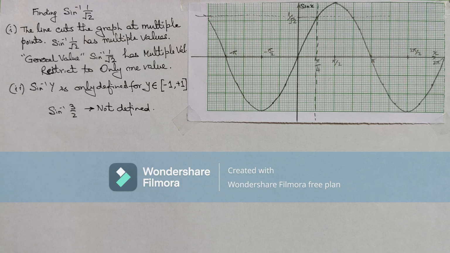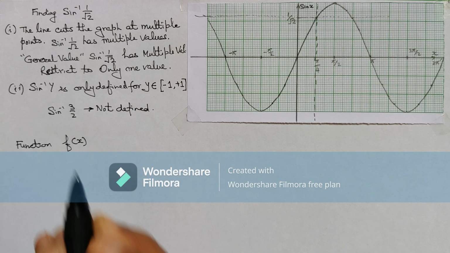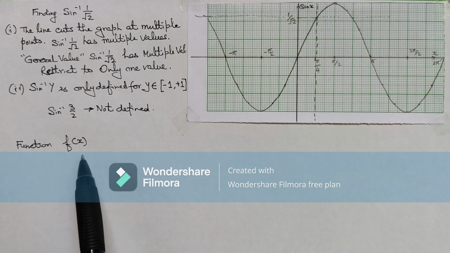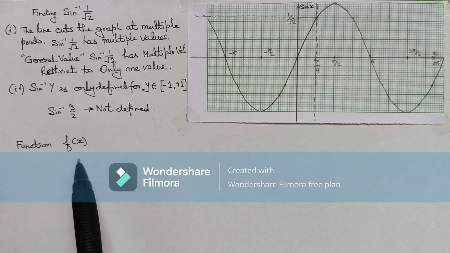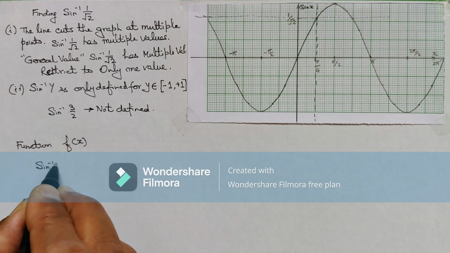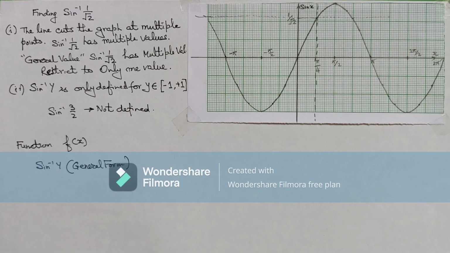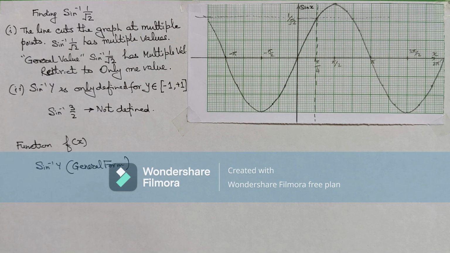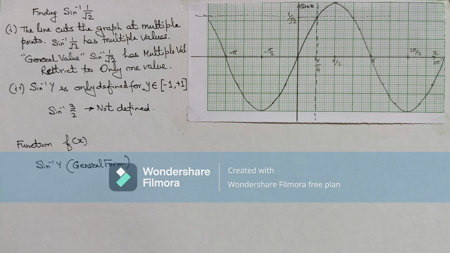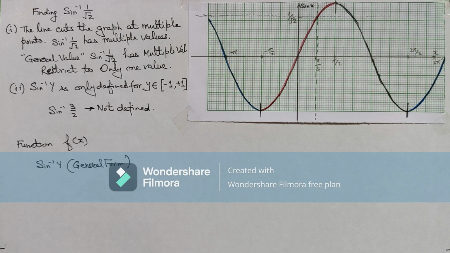One of the preconditions of a function is it should not give more than one result for any given value of its variable. For any one value of x, the value of f(x) should be only 1, not more than 1. The sine inverse in its general form, as we discussed here, does not follow this condition. It results in multiple values. The sin x graph can be split into many sections, as shown here,